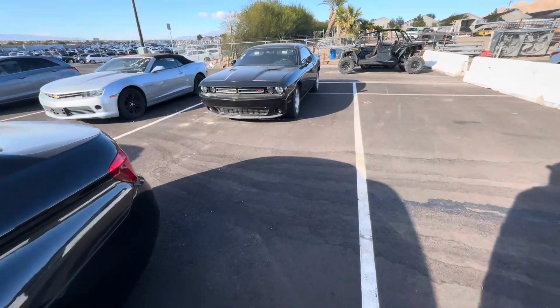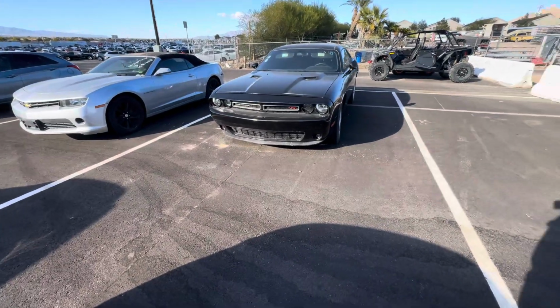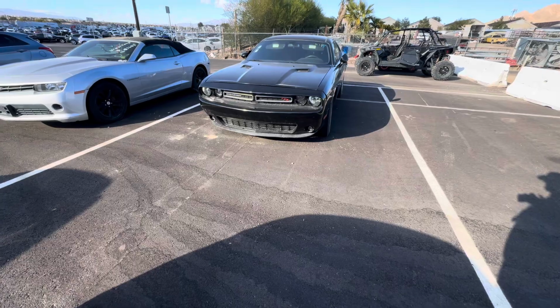You know I had to look at it, right? I saw this Challenger RT with the older body style. I'm going to guess it was probably...